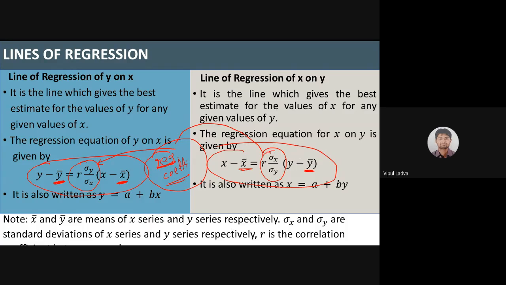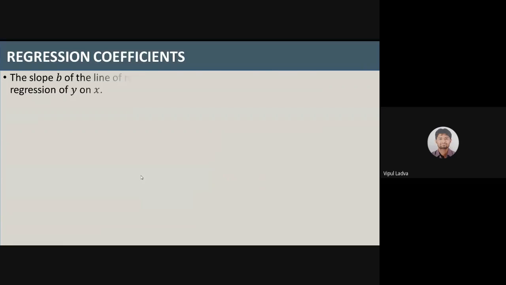And standard deviation of x, standard deviation of y, that's sigma x, sigma y. These two are nothing but the standard deviation for both the respective series. And this R is the coefficient of correlation. So once again, I will give you the overview, but before that, let's quickly go through the